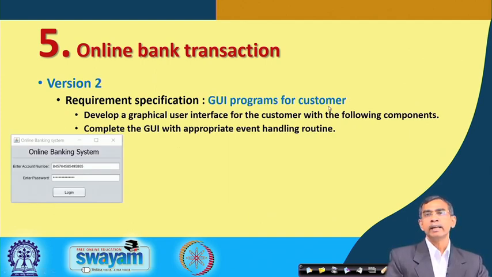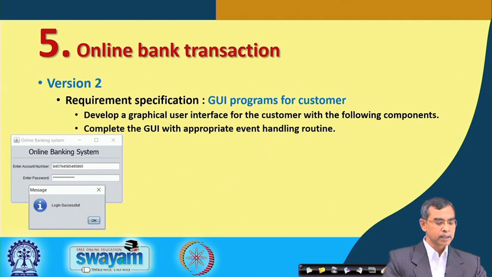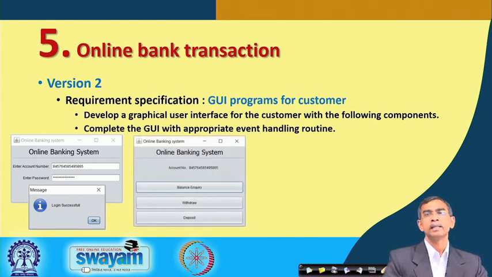So, here again a little bit of GUI components is also involved. As we see here, the first GUI interface is for the login and password, which will look like a trivial form, as you are familiar with. Once the login ID and password are entered, you press enter. If the login is successful, it will go to the next step, where it will see what operation you need. Once the login is successful, the online banking system will appear to the user, and if it fails, it will deny access.